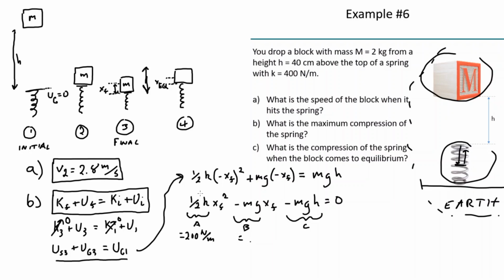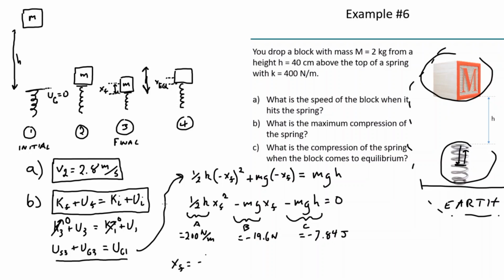B is minus mg, so this is minus 2 kilograms times 9.8 meters per second squared, which is minus 19.6 newtons. And C is minus mgh. H is 40 centimeters or 0.4 meters, so this equals minus 7.84 joules. Okay, so now I'm going to plug all these into the quadratic formula, which says that x final